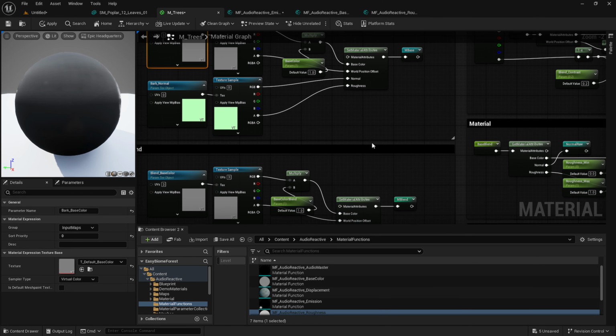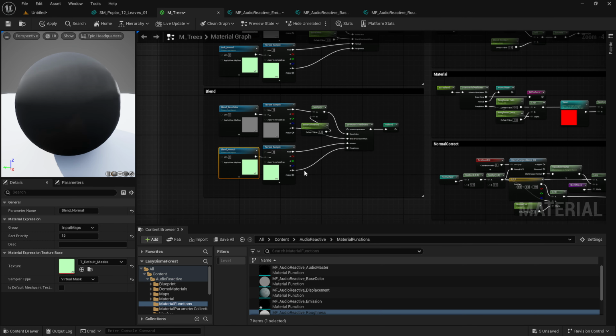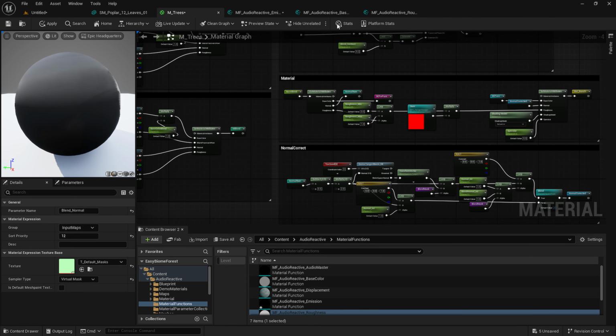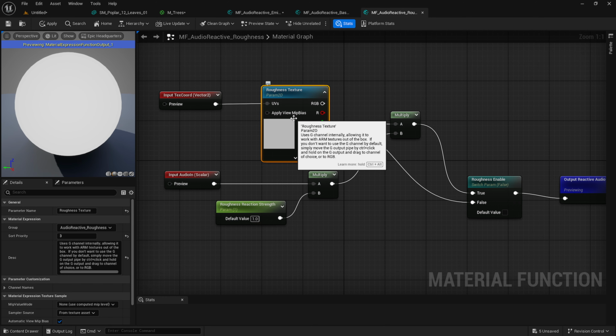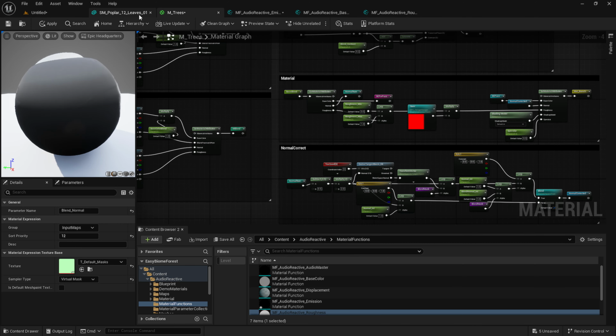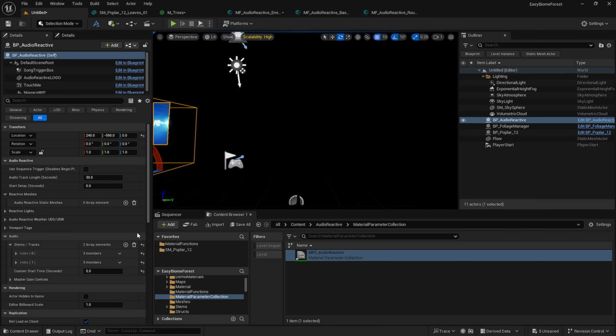So yeah, if you found where the roughness was being handled, again, you could just pull the nodes out or just use the texture that the asset came with inside the function right here. And these textures right here will be exposed on your material instances. So let me see if I can pull one up real fast.